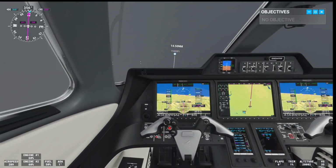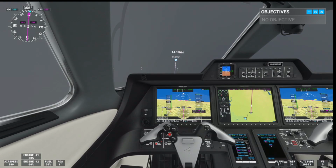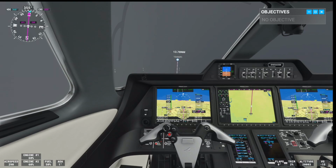If you've always hated the Phenom 300, then don't buy it, right? But if you just want a fun flight experience, super snappy, super fun,